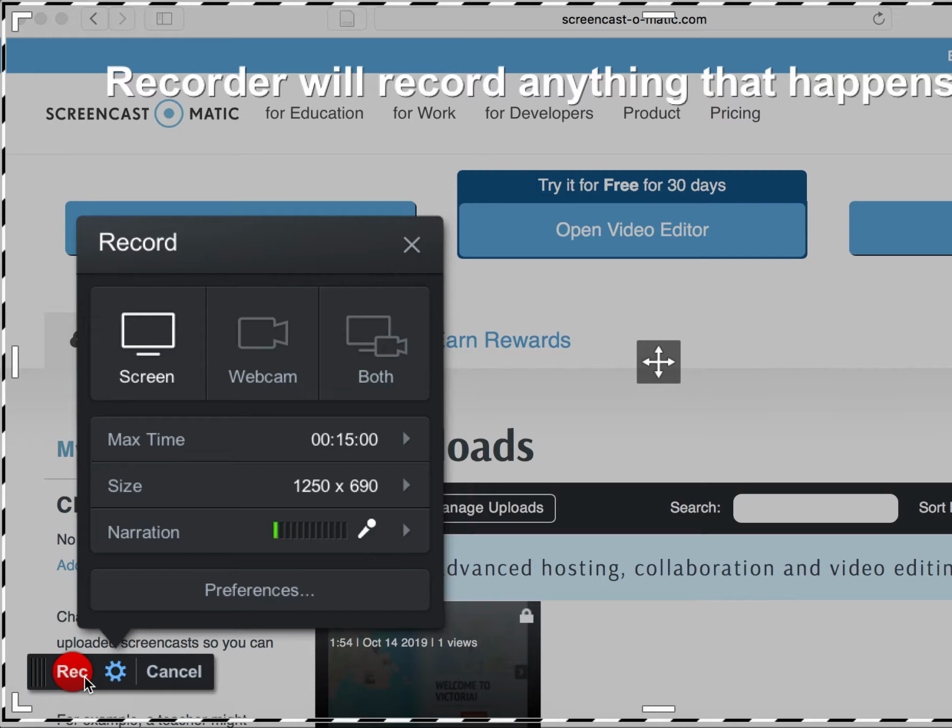Be sure to turn off your notifications so that you don't have pop-ups during your video. When you're finished, you'll click on a button that appears right around here that says Done. It's going to give you a couple of different options. You can save your video as a video file, you can save it to their website, or you can upload